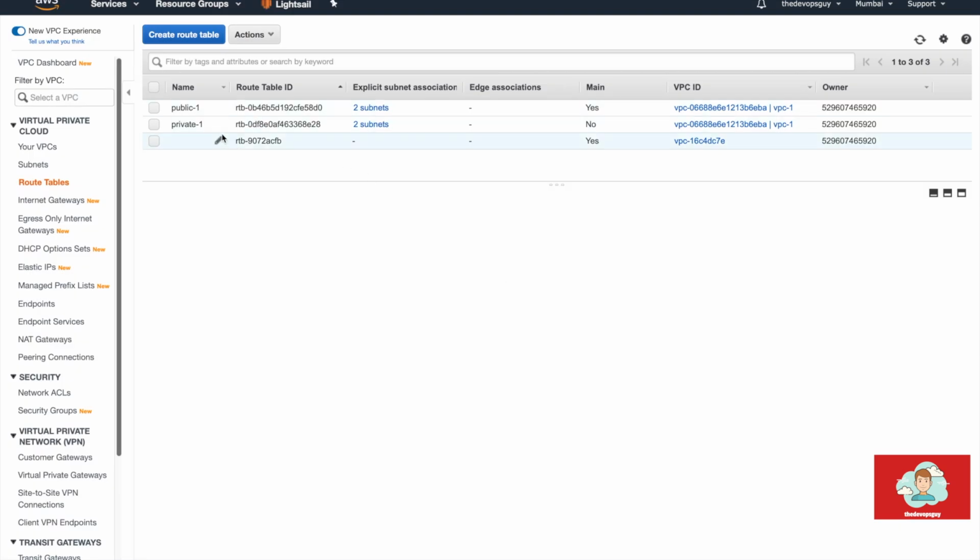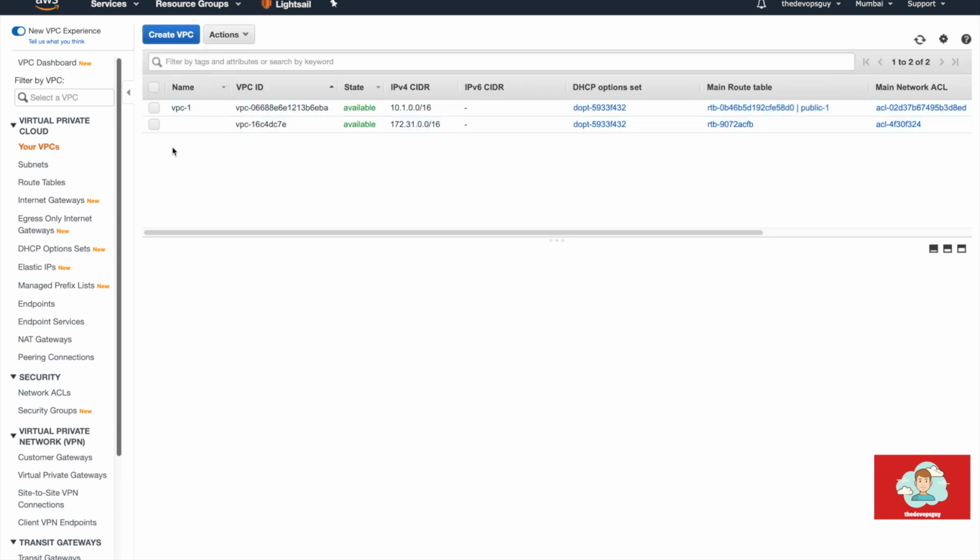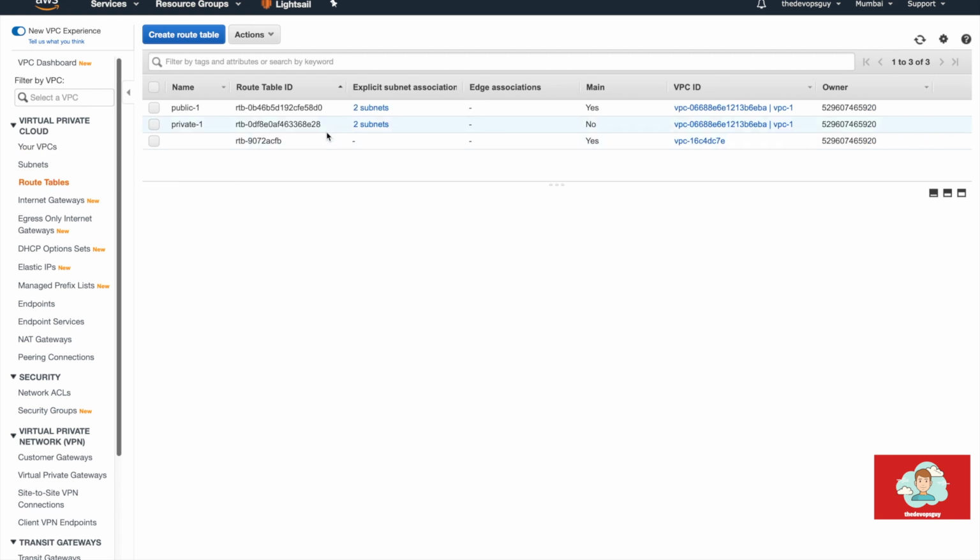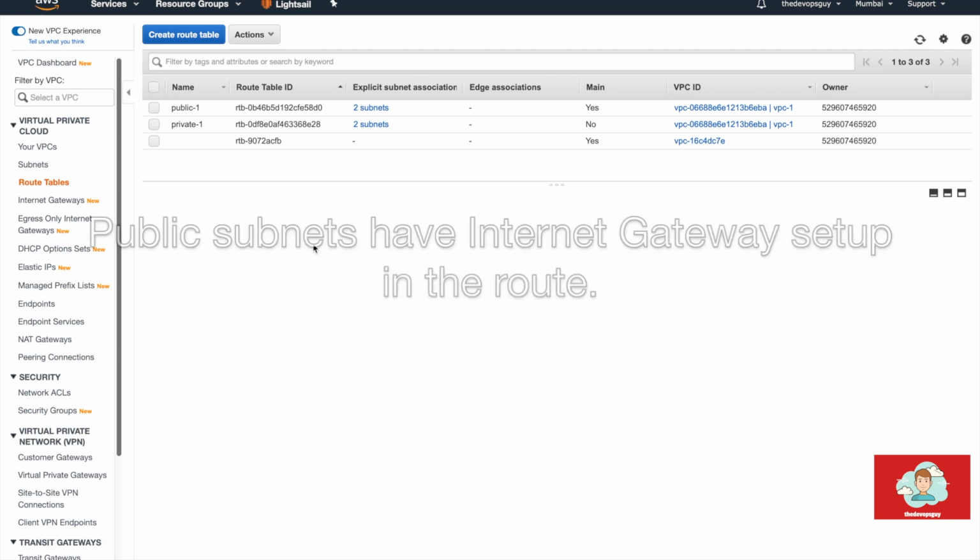So now we have two route tables in our VPC, public and private, with two subnets each, and the main route table set as the public one. So this is where the distinction of public and private subnets comes in. This is a well-known question: what is the difference between a private and a public subnet? On a subnet level, there is no difference, but when it comes to the routes,